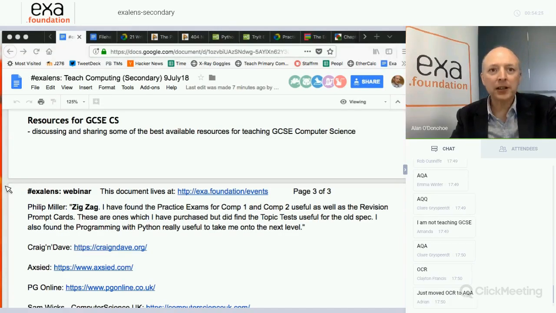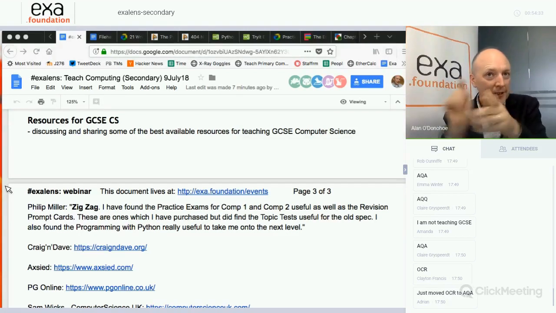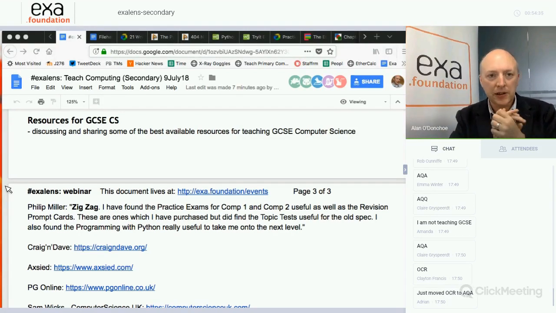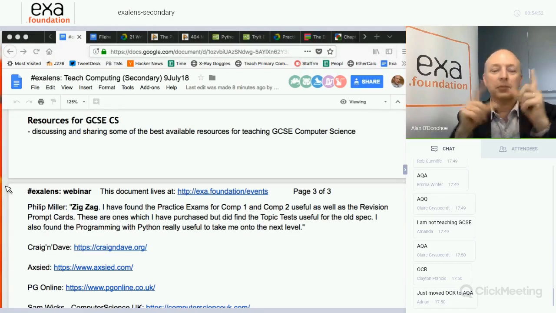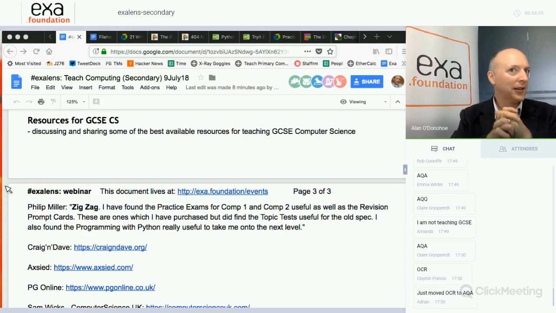Now, I think in popularity contests, it's always going to come close between OCR and AQA. I think for the last few years, certainly, just in terms of popularity, OCR has got it. About a year ago, because I do this Python camp in New York, it's next week, the 3-day Python course at the STEM Center, there's one teacher on there who said he was going to do the WJEC course, Eduqas. All right, okay, that's a brave move.